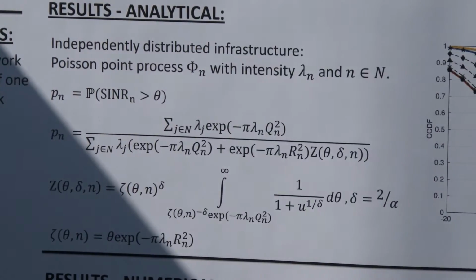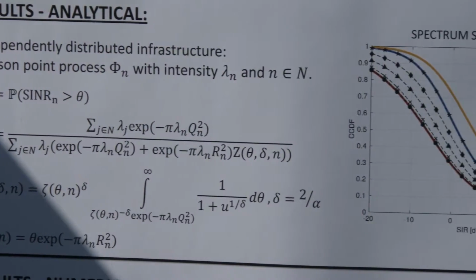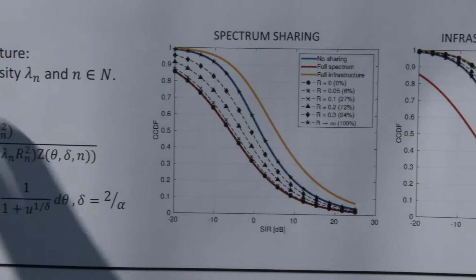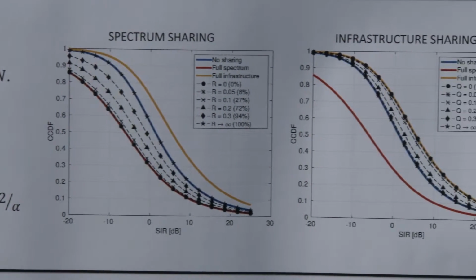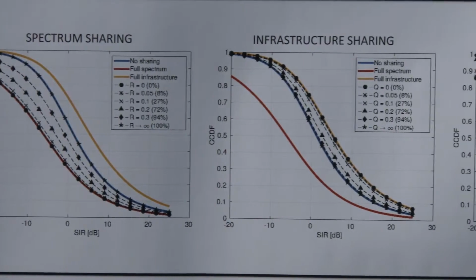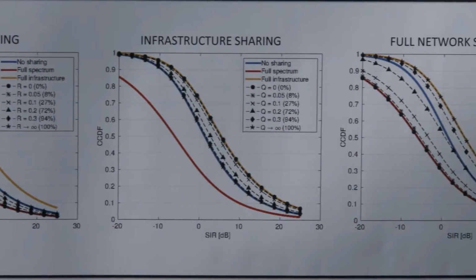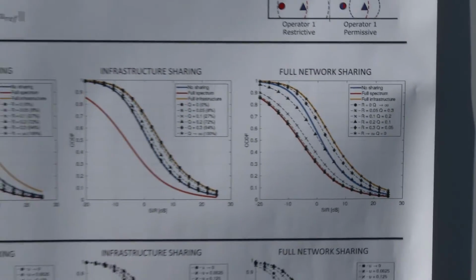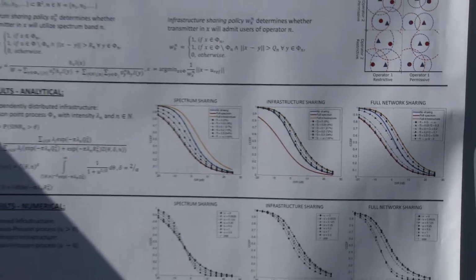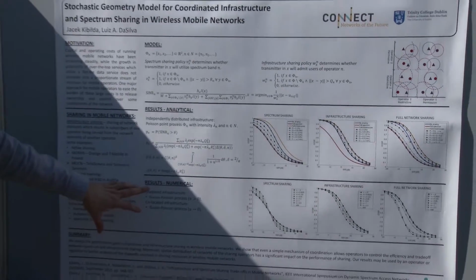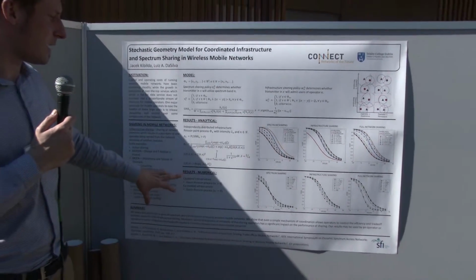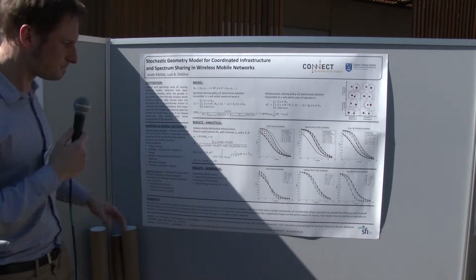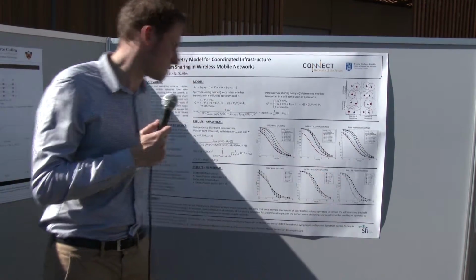Of course, this itself allows us some level of insight into how the operators can possibly share networks. But this also allows us to validate any kind of simulations that we want to make with other point processes. In essence, point processes that allow for a certain level of correlation between the transmitters of different operators. And specifically, we use Gauss-Poisson point process to model also clustering between networks of different operators. And these are the results that we observe here.